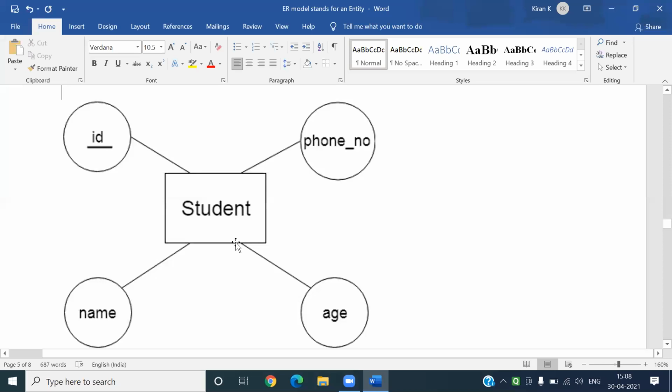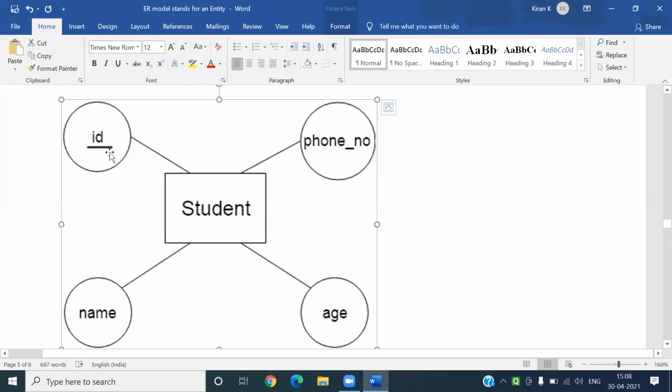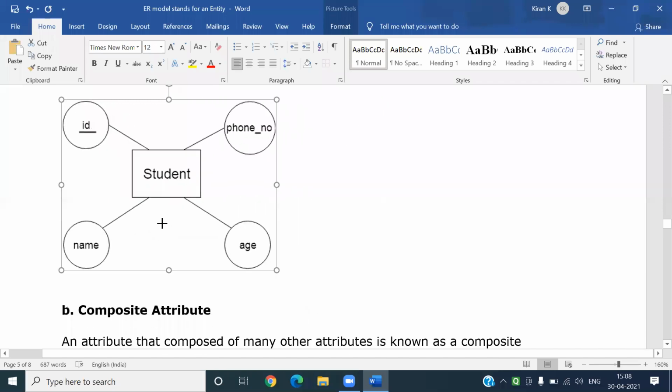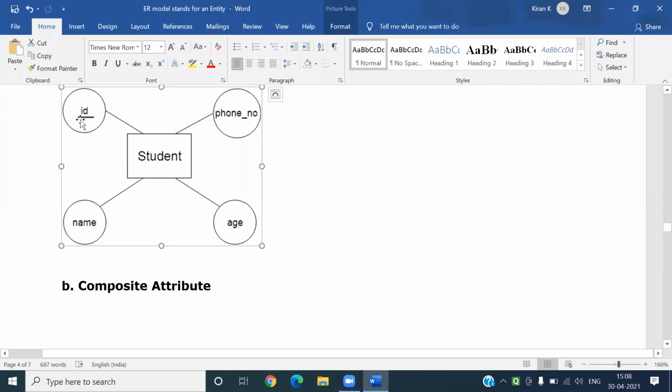If you take the student entity, roll number is unique. Two students may have the same name, my dear friends.